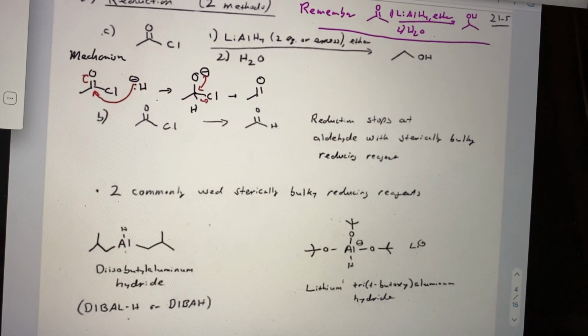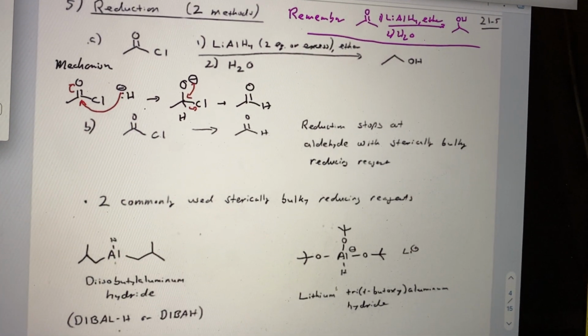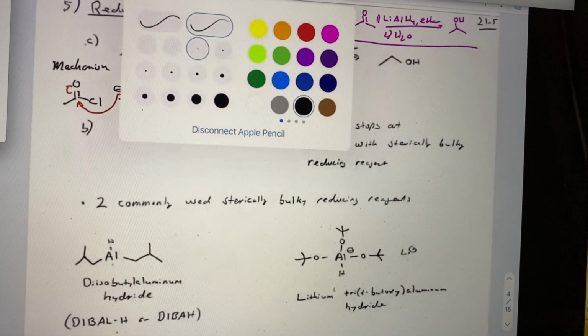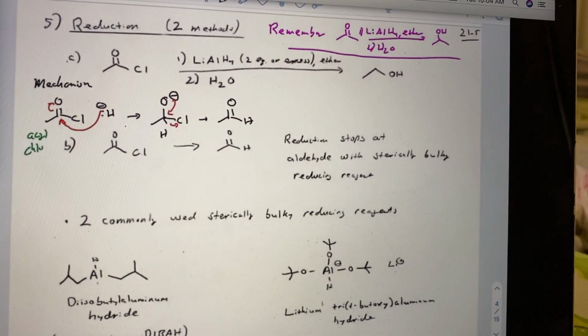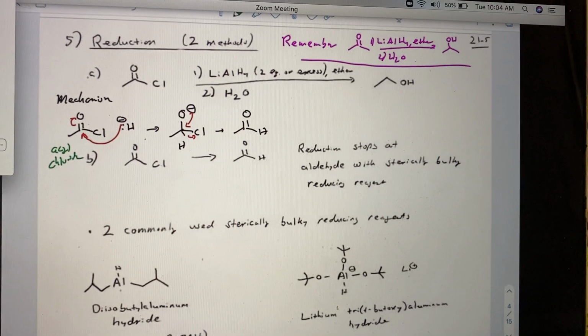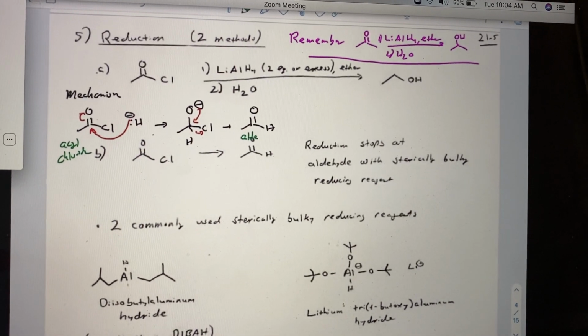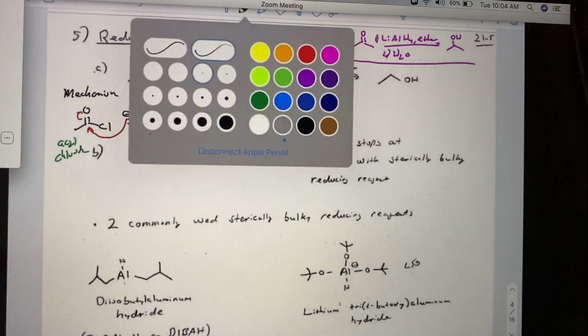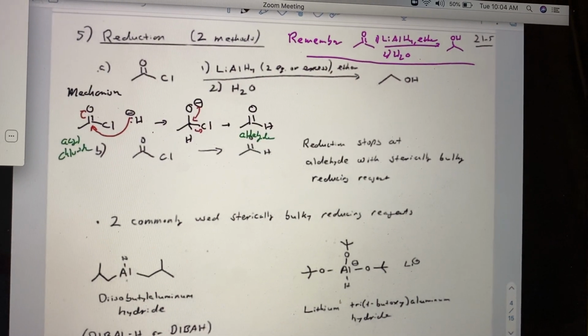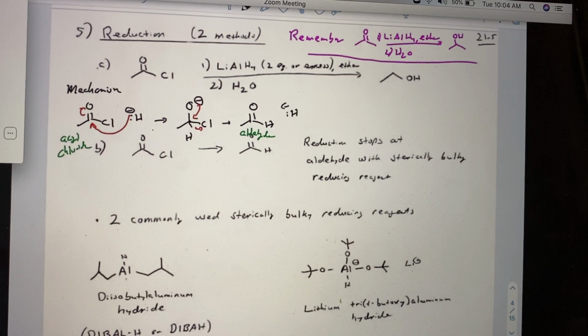We've reformed the carbonyl group. And now notice what we've done: we've gone from our acyl chloride starting material and formed an aldehyde. And we know that aldehydes can be reduced with lithium aluminum hydride. So let's have another equivalent of hydride